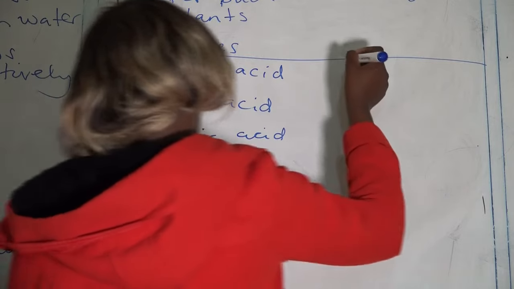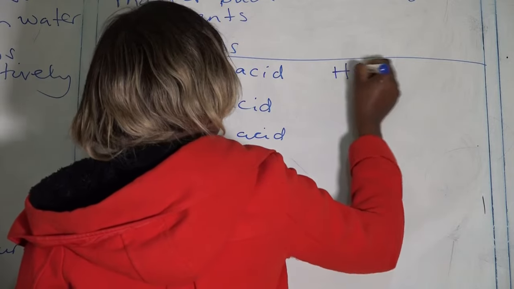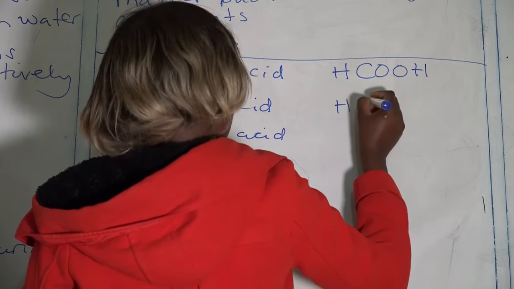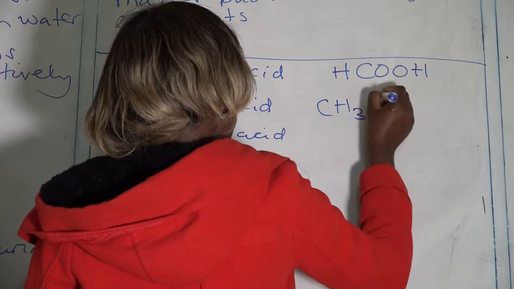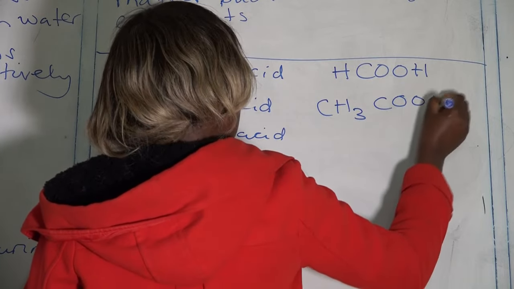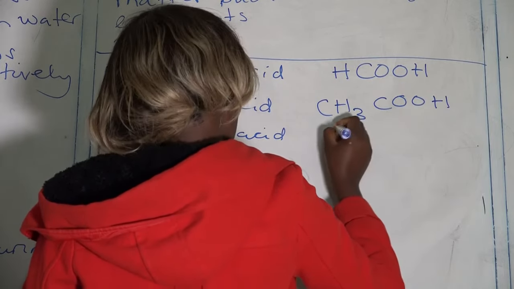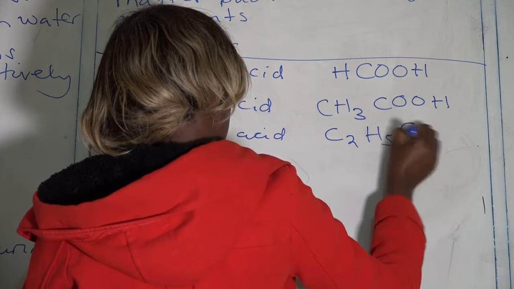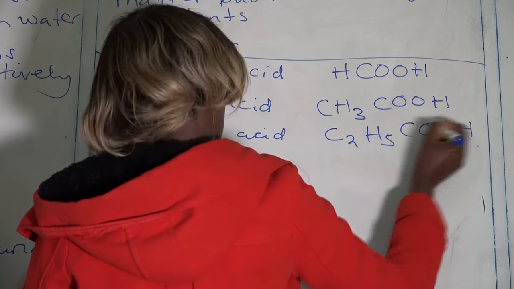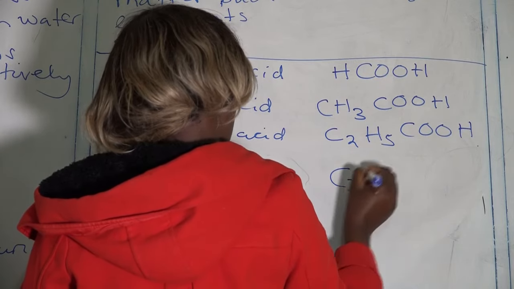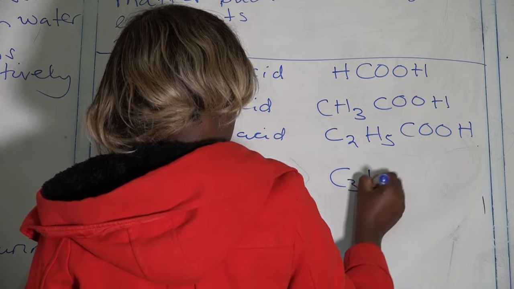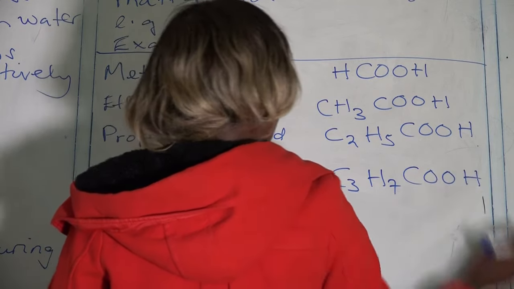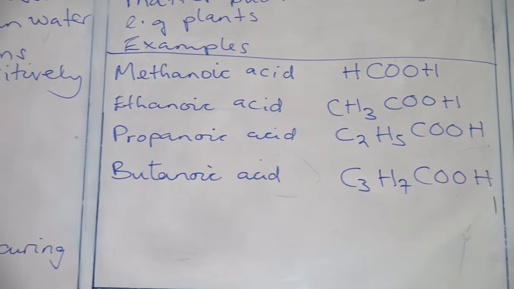Symbols: HCOOH, CH3COOH, C2H5COOH, and C3H7COOH. So for now, all you need to know is that